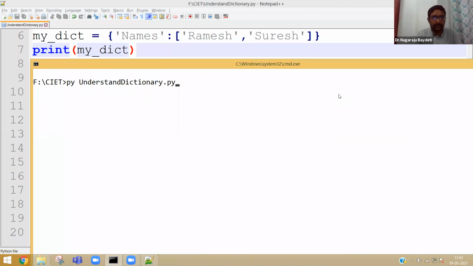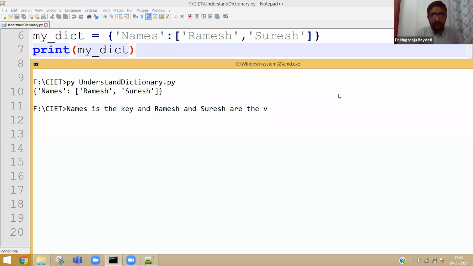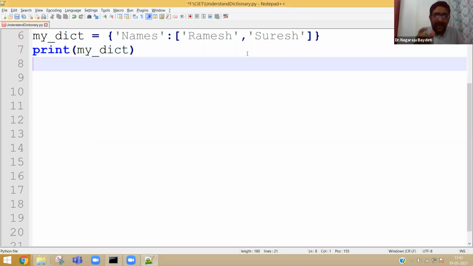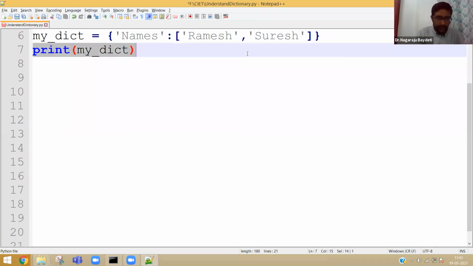So here, names is the key, and Ramesh and Suresh are the values. Just for taking a screenshot, I am typing again. Now, how can I get only the values Ramesh and Suresh without the key names? I can also do that.